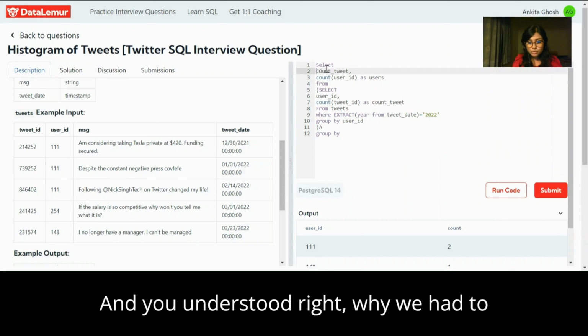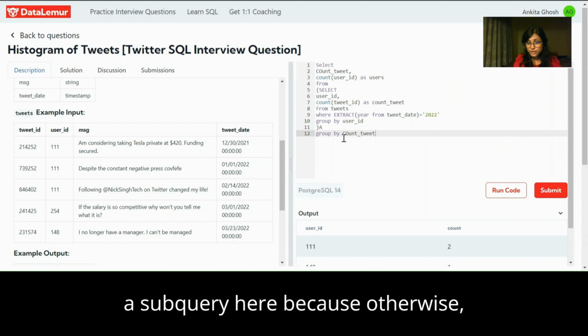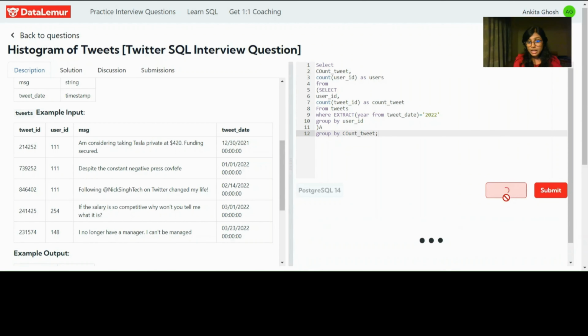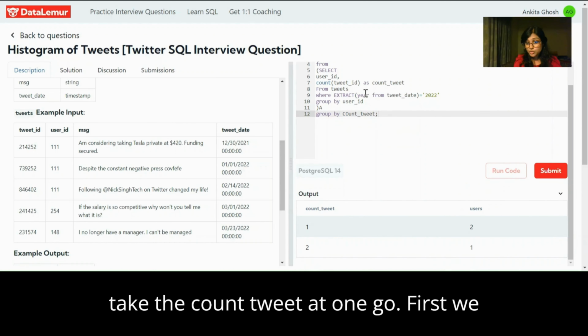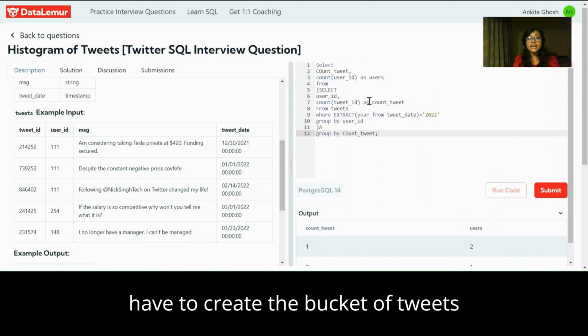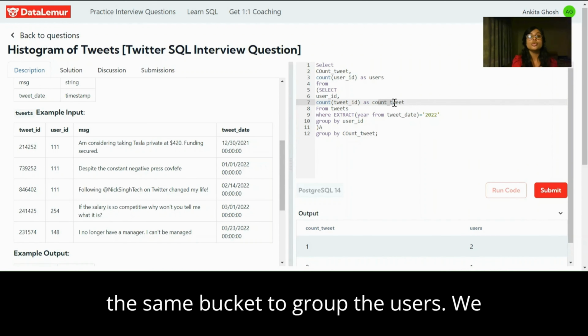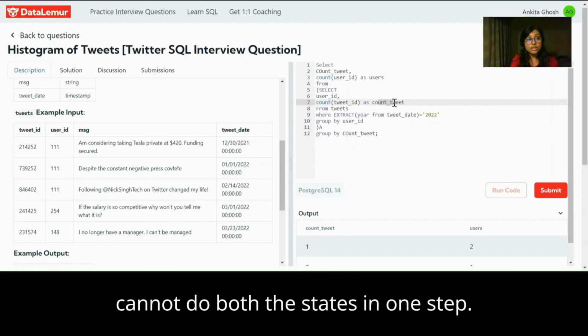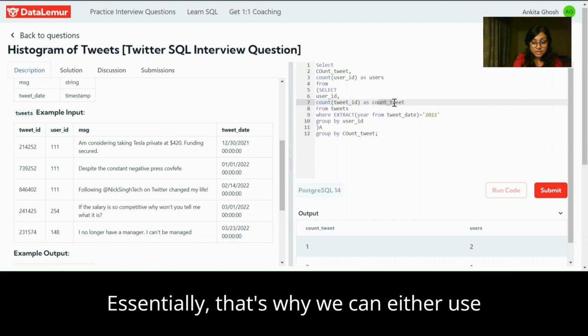And you understood, right, why we had to create a subquery here? We had to create a subquery here because otherwise we won't be able to take the count tweet at one go. First, we have to create the bucket of tweets created by each user, and then we can use the same bucket to group the users. We cannot do both the steps in one step. Essentially, that's why we can either use a CTE,